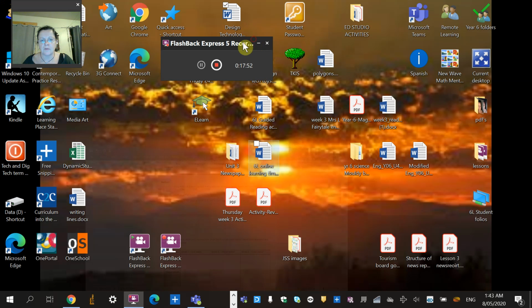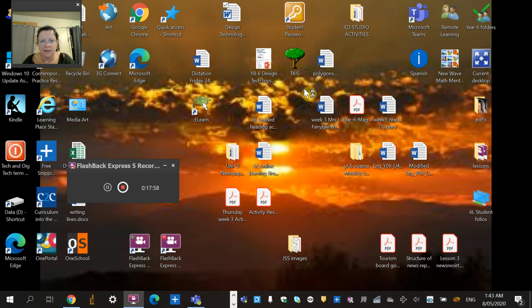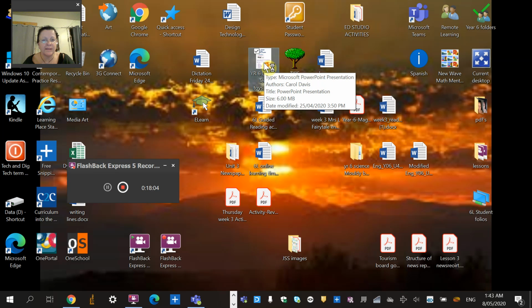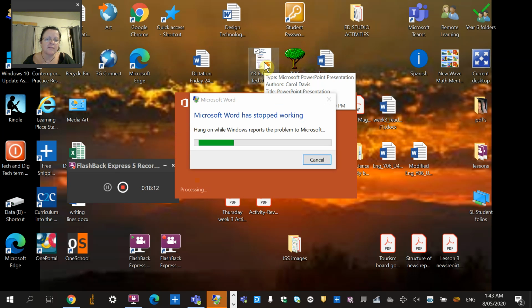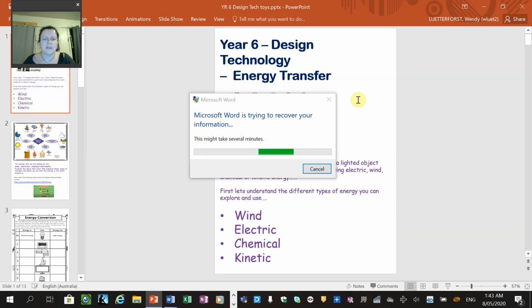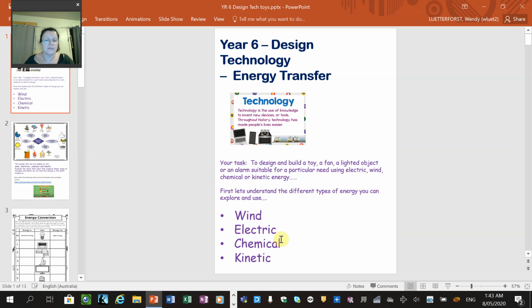is a little worksheet which has lots of YouTube places that you can go to look at toys, and it's not only toys though, it's lots of other things you can design using the 4 energies. And I would like you to have a look at this even if you've made your toy and finished the design technology, because it will explain to you about these energies: wind, electric,